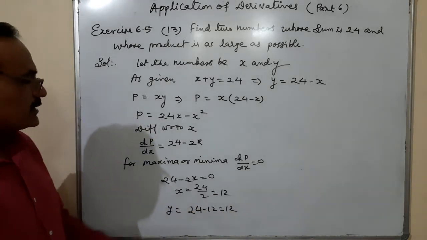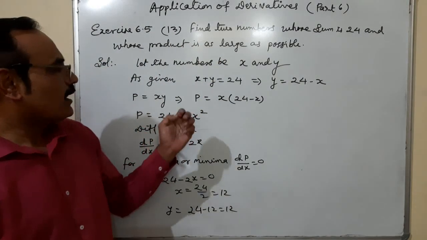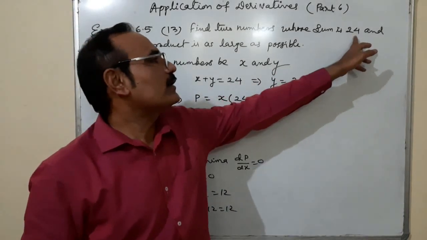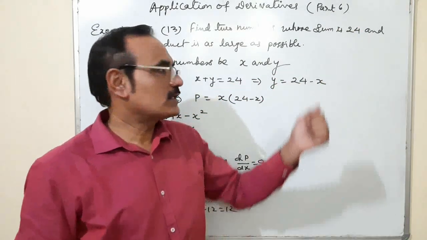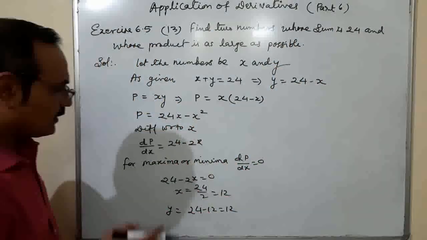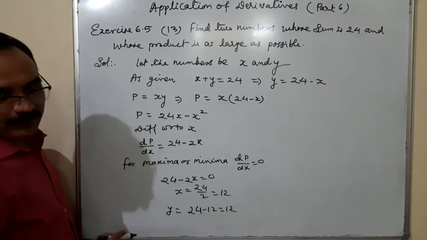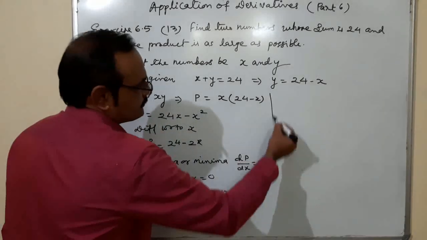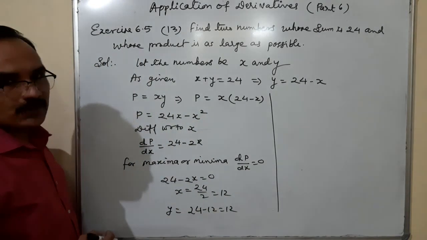Now let us check our answer. 12 and 12. So 12 into 12, it is 144. Other two groups, if you are making, suppose you are making a group of 20 and 4, 24, it is 80, and you can make all the combinations, but I am sure that the as large as possible product is with 12 and 12. Okay. So this is a foolproof test. No error in it. x is equal to 12 and y is equal to 12.